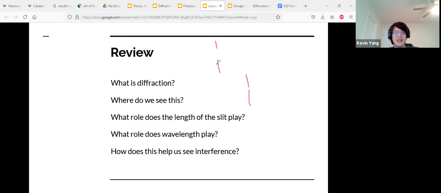And somebody else, who direct messaged me, said that in general, if you have a smaller slit, you're going to have more diffraction, and if you have larger slits, you're going to have less diffraction. Okay. Now I've talked about the length of the slit. What about wavelength? May have covered this a little bit with radio waves, but